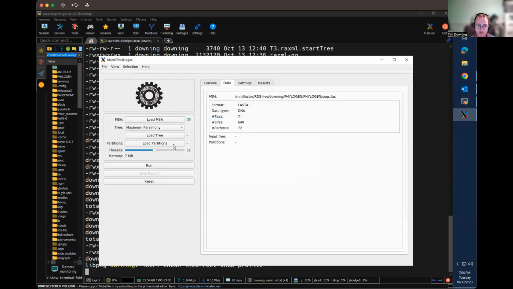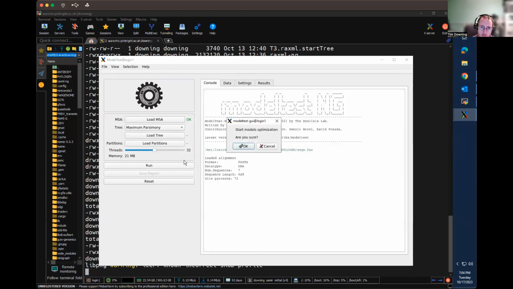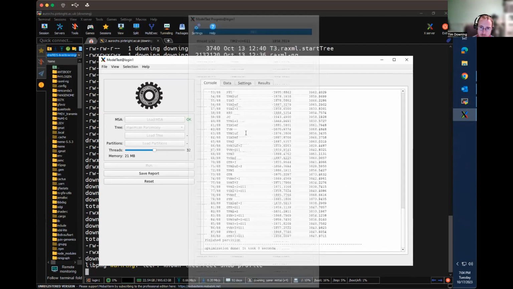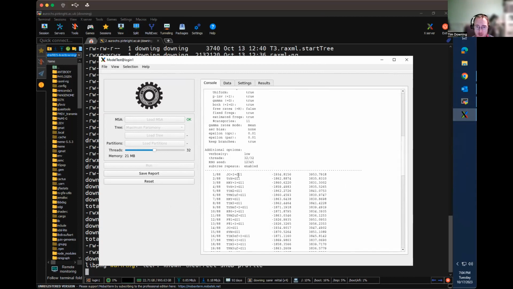We can select seeks.phas. We can toggle our settings, so maybe we want to include more gamma categories for rate variation. That may use more memory. We run that and let it run. So what we see is that as executed, this model is saying that the JC with invariant plus 11 gamma categories appears to have the maximum score